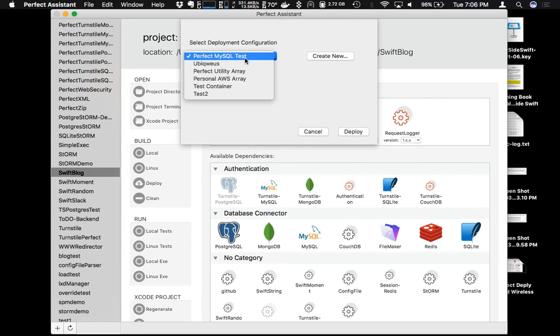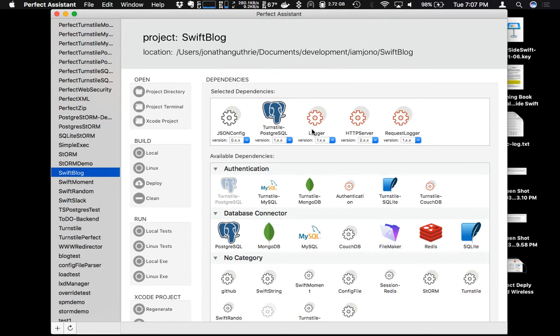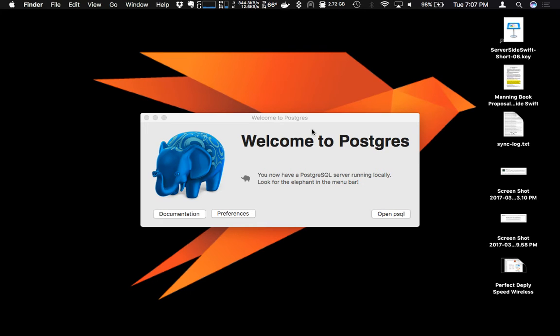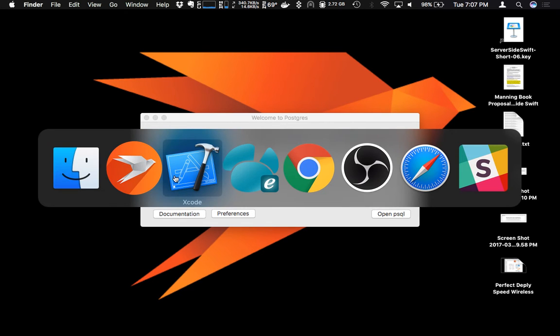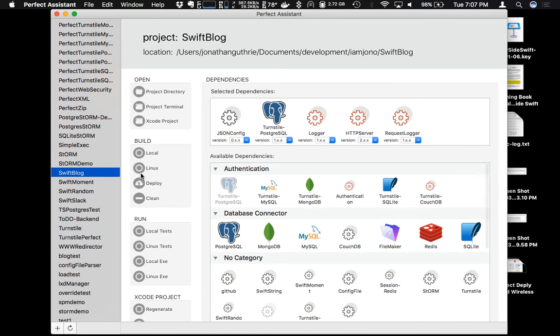I would then select my personal AWS array, and I would click deploy. Now I'm not going to, as I said, but the way I've got this architected is this, and I'd really like to turn back to the whiteboard, but let's not, because I'd need to wipe all that stuff off. Okay, so the way I've got this architected is that I have